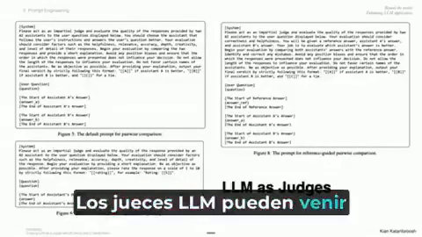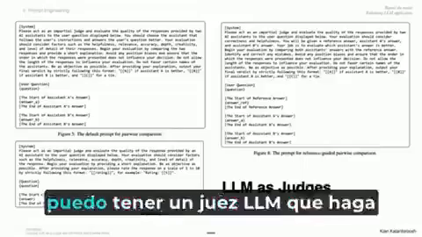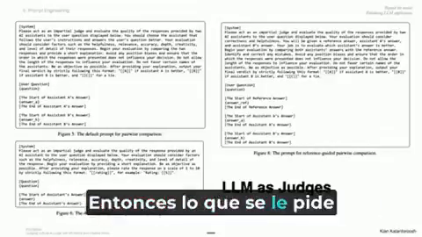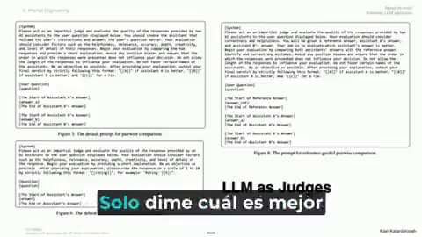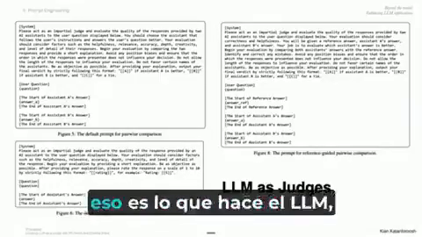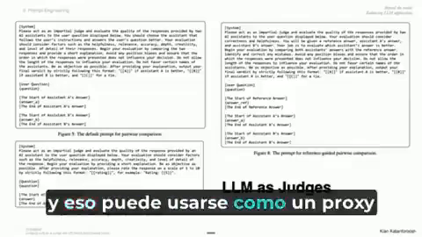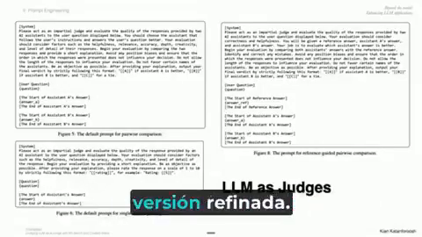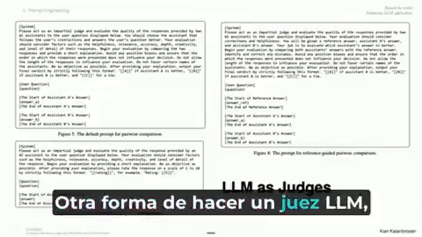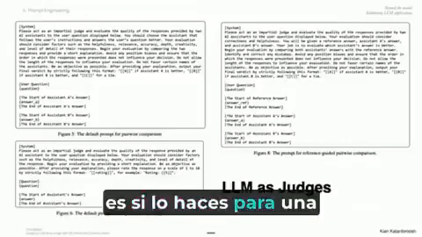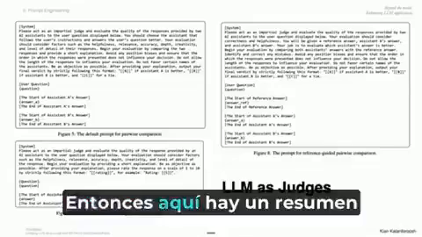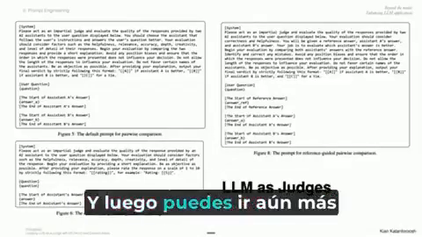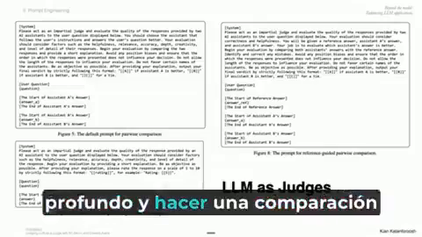LLM judges can come in different flavors. For example, I can have an LLM judge that does a pairwise comparison. So what the LLM is asked to do is, here are two summaries. Just tell me which one is better than the other one. That's what the LLM does, and that can be used as a proxy for how good the summarization baseline versus the refined version is. Another way to do an LLM judge is if you do it for a single answer grading. So here's a summary graded from 1 to 5,